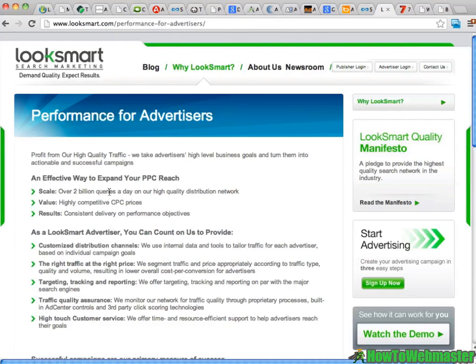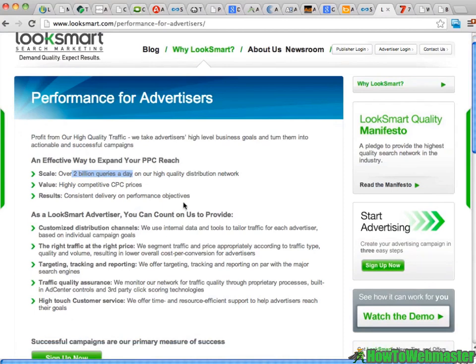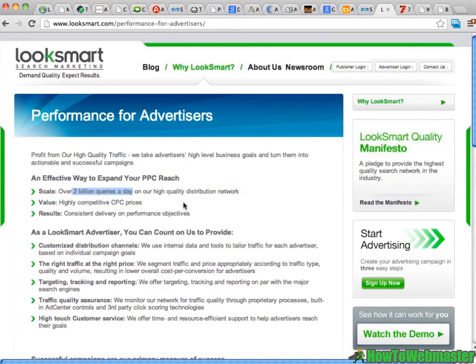You can see they do have over 2 billion queries a day, so they're going to have enough traffic to get you going. They have good CPC prices. They allow all kinds of third-party tracking. They have some good technology, and a lot of people really do like the Looksmart platform. They're definitely not as big as the bigger PPC advertising platforms, though. So that's something to keep in mind.